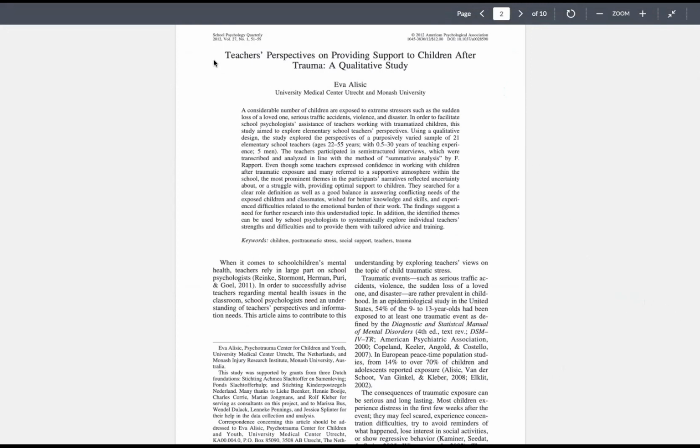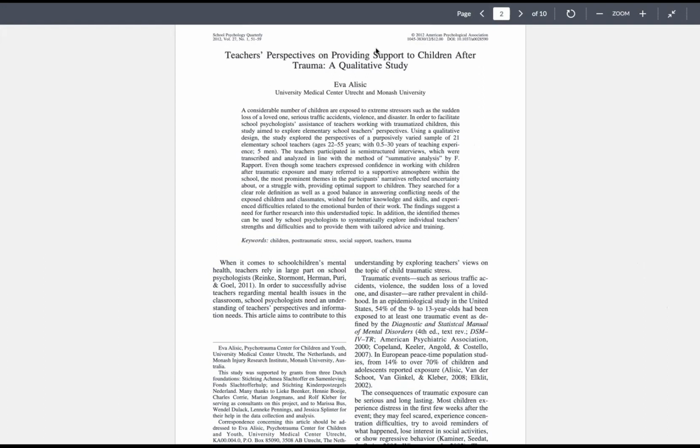So this is from School Psychology Quarterly. That is the name of the journal. It tells you what year it was published, 2012. It tells you here which volume, and which number in that volume it is. It also tells you what pages. So if it was a physical copy, with all of them listed within the same journal and the same volume, it would tell you what pages it's on. This is called the DOI, which is like an identifier for the article, so that you could just look that up and find it. Newer articles generally have a DOI; much older ones most likely do not.